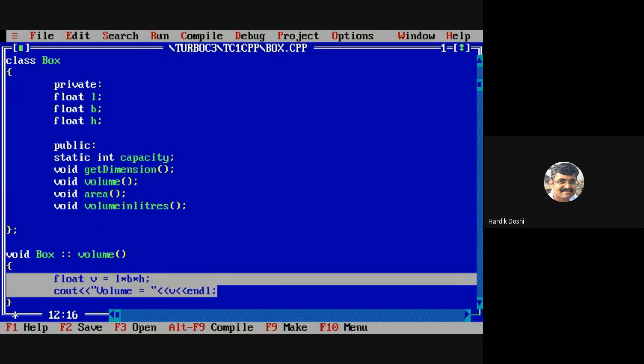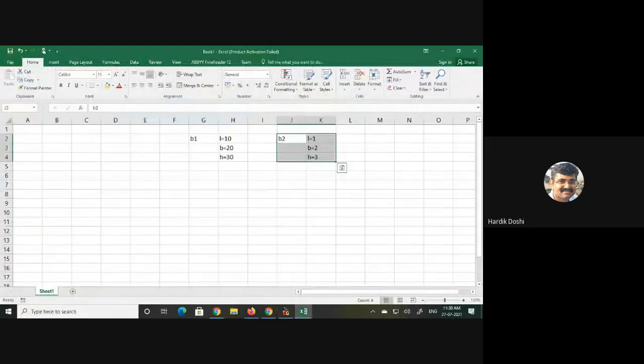But if this would not have been static, then what would have happened here? Capacity will have some value, let's say 50. Over here, different for B2, capacity, let's say 5. Separate memory.